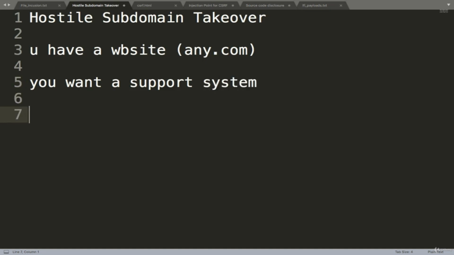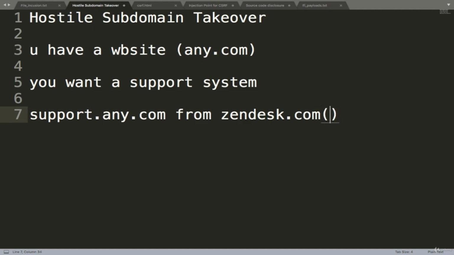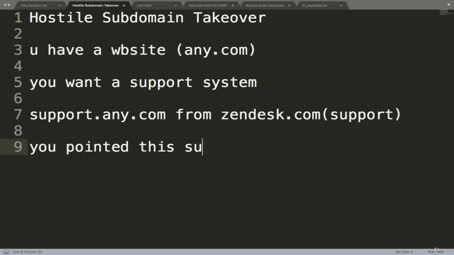So basically you created a subdomain support.any.com, and you already bought a support system from Zendesk, from zendesk.com. I'm just giving you the example, don't worry. Now you pointed your subdomain to the Zendesk support system. Now later on you cancelled, or the service expired,